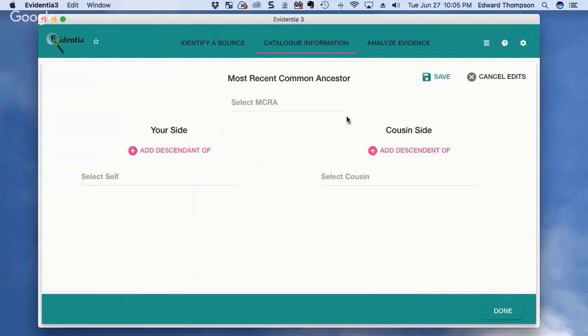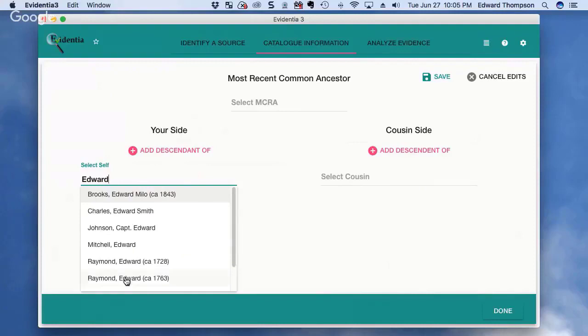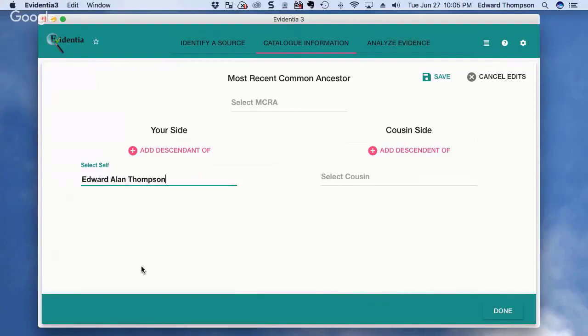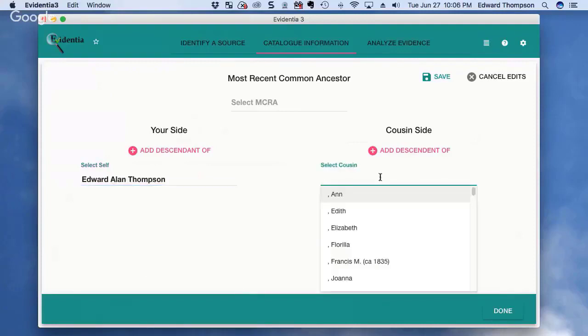So let's say I get a DNA match, and I need to correct that to MRCA. So I get a DNA match, and I'm Edward Thompson. It says that there's a guy named Russ Worthington. You may know Cousin Russ. And I got a DNA match. It says Russ and I are cousins. That's not actually true, but